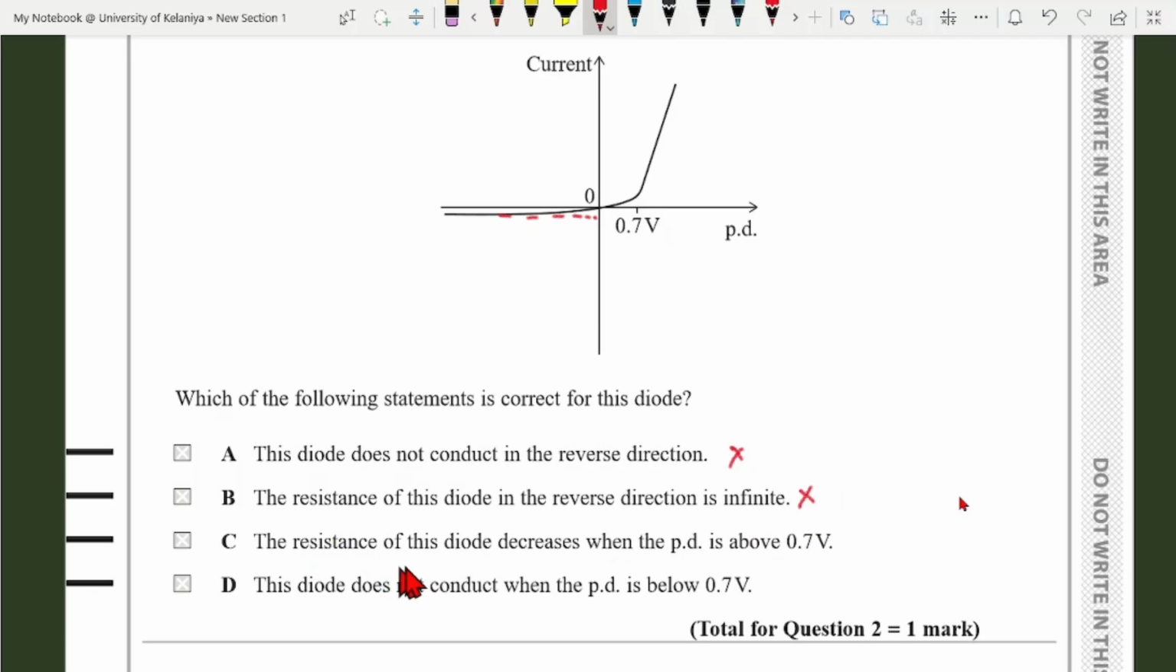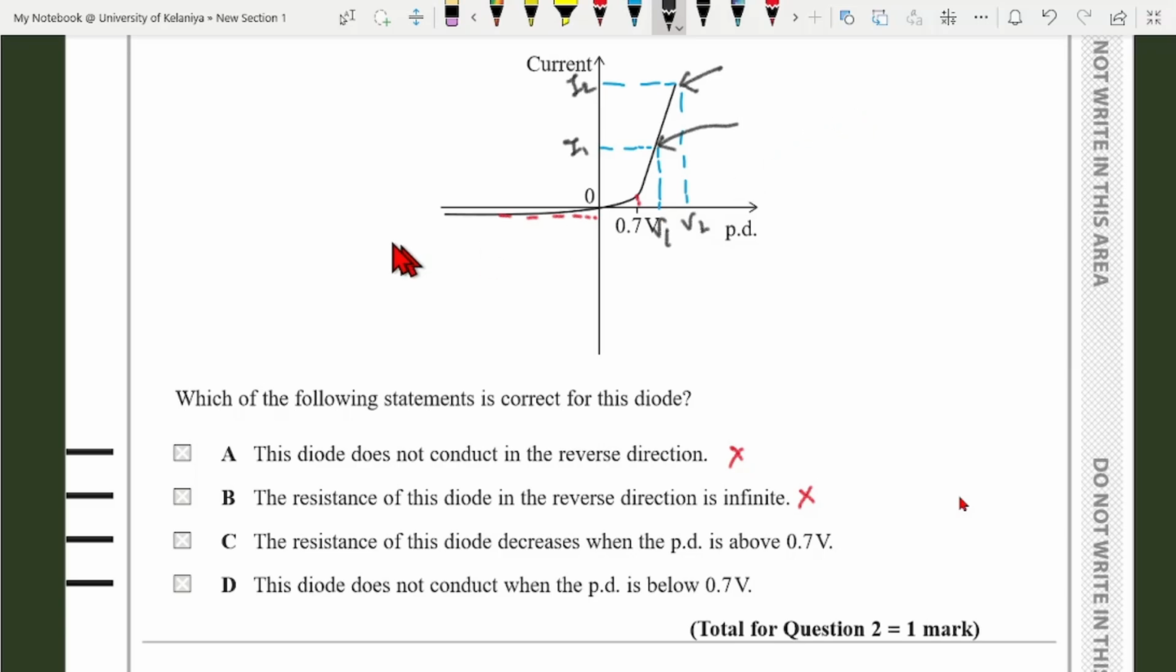Next, the resistance of the diode decreases when the potential difference is above 0.7 volts. Here's the 0.7. And if we want to calculate the resistance at this position and at this position, what should we do? Let's call this one I1 and this one I2, and this is V1 and this is V2. If we want to calculate the resistance at these 2 points, we need to take